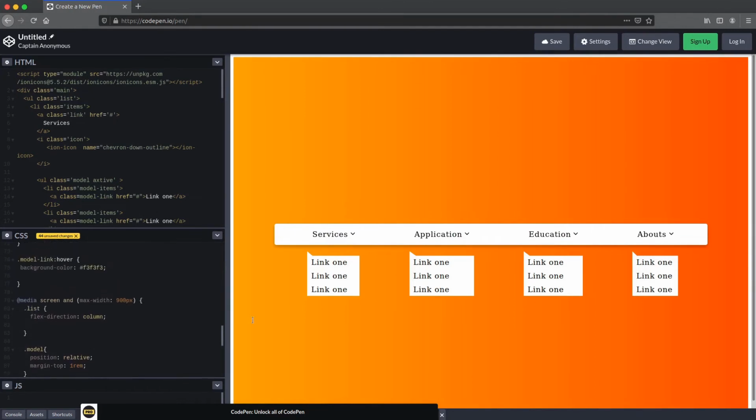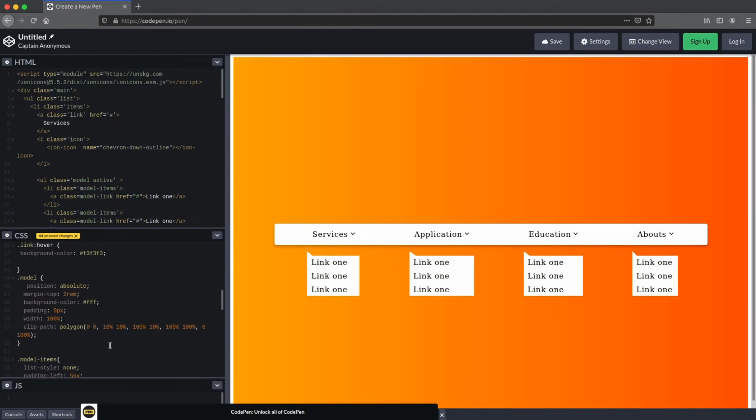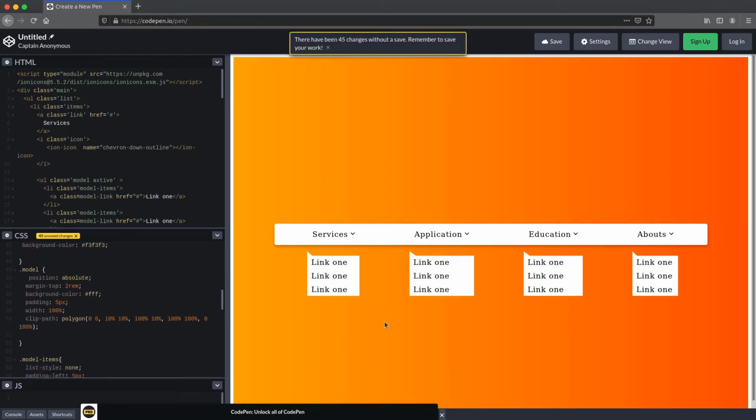And initially we hide all these sub menus, so the display property is set to none. In this, where is our model, set the display property to none for hiding this sub menu. Display none,